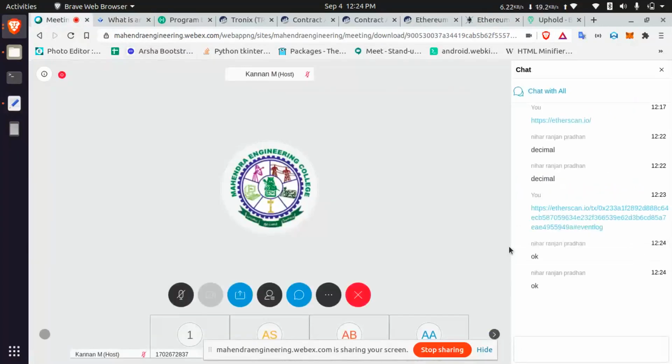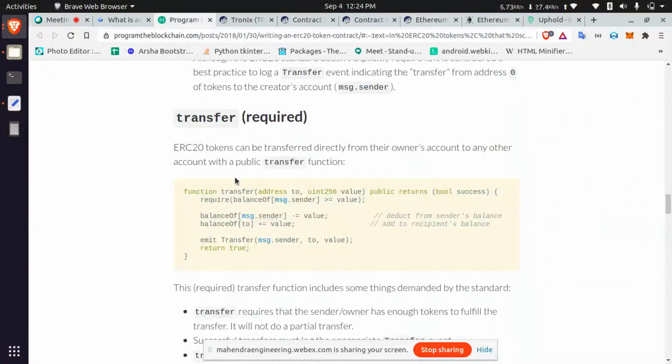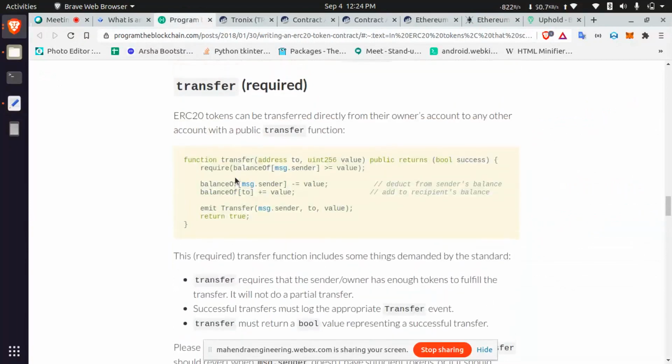Understand? Is there any doubt other than that? We only need to move through 2 or 3 functions in ERC20, and then you can create an ERC20 token for yourself. You can use this token in your college campus or anywhere. Let's say one token equals this much amount. You can credit it to your students' accounts. They can use those tokens in your food court or any place with a blockchain.